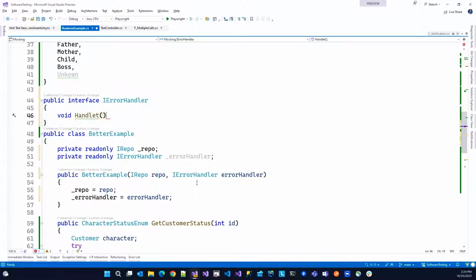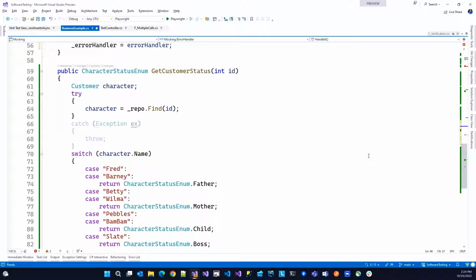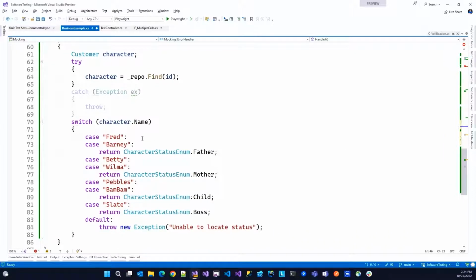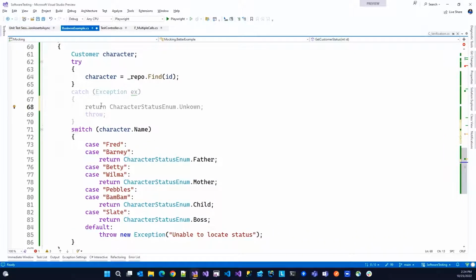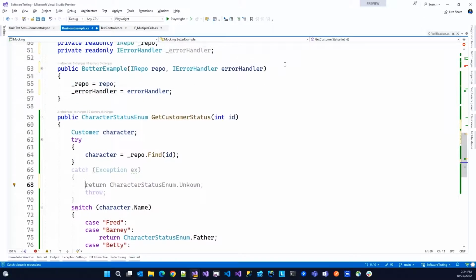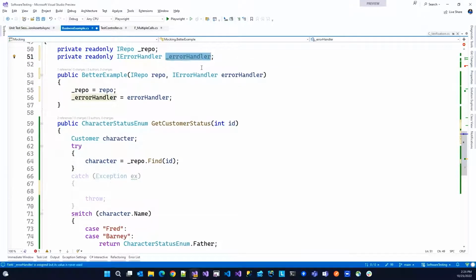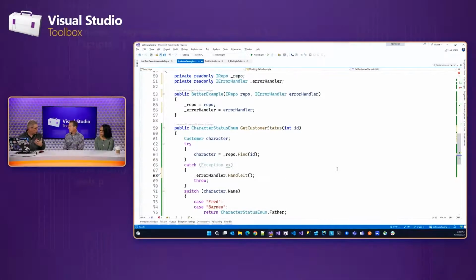We're just going to keep it really simple. There we go. And what we want down here is our error handler to handle it. So this is our business logic. Horrible, but it's demo code.